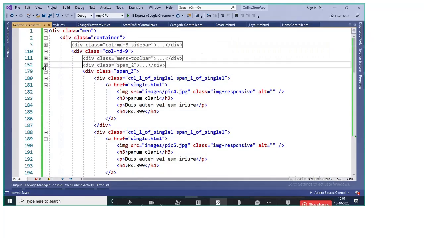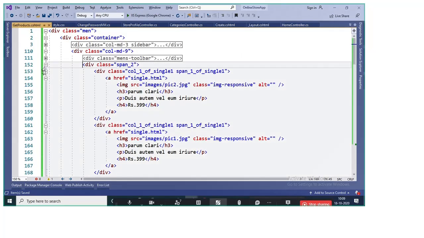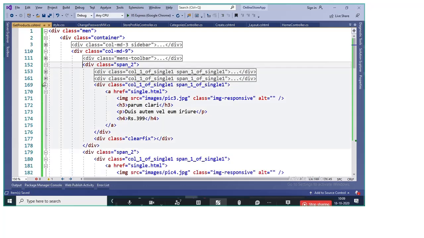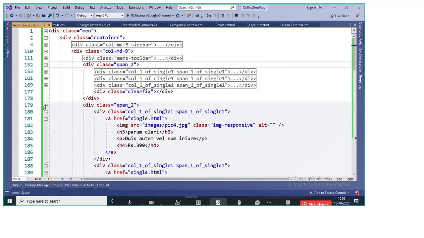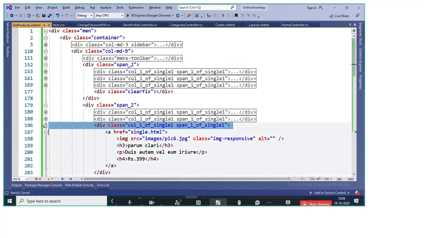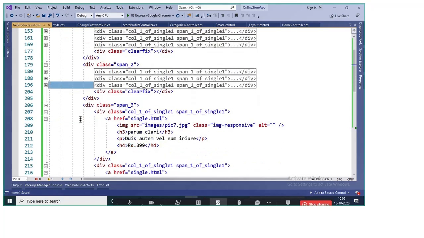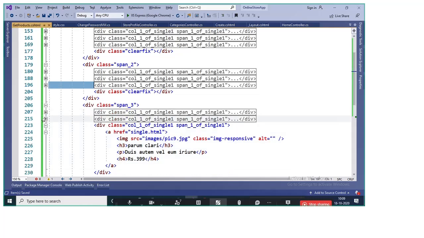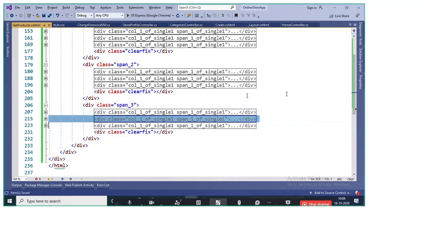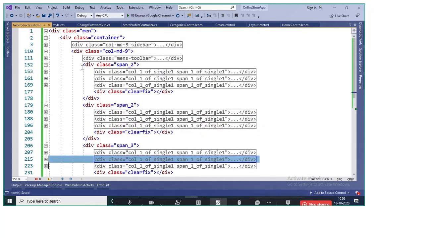So this is your row span 2, and in that row we have product 1, product 2, product 3. Then again one row, and that row also has product 1, product 2, product 3. Fine. Again one row, and it also has product 1, product 2, product 3. Okay. Now what I'll do is, for time being,